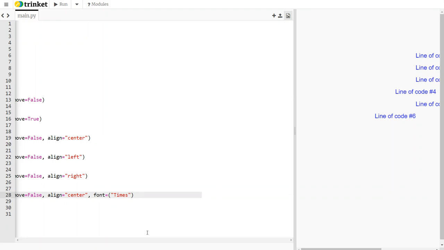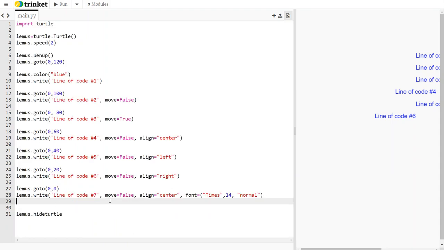And within the font, there's other parameters too. So the size is the next parameter. So let's use size 14. Okay. And then the third parameter on the font is, I forgot the exact name, but you have normal, you have bold, and you have italic. So if I put normal here,